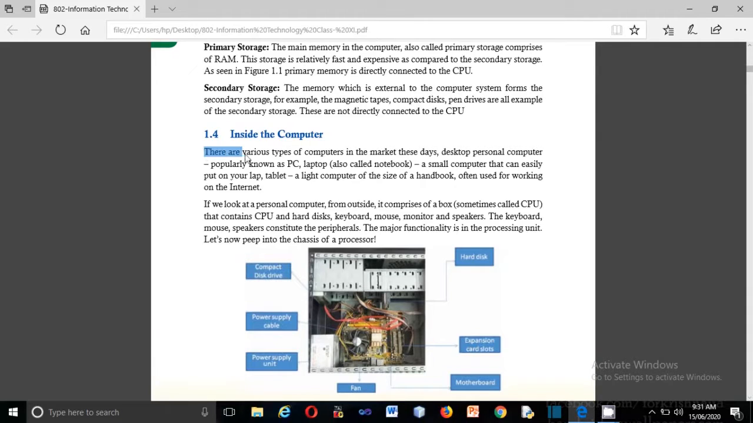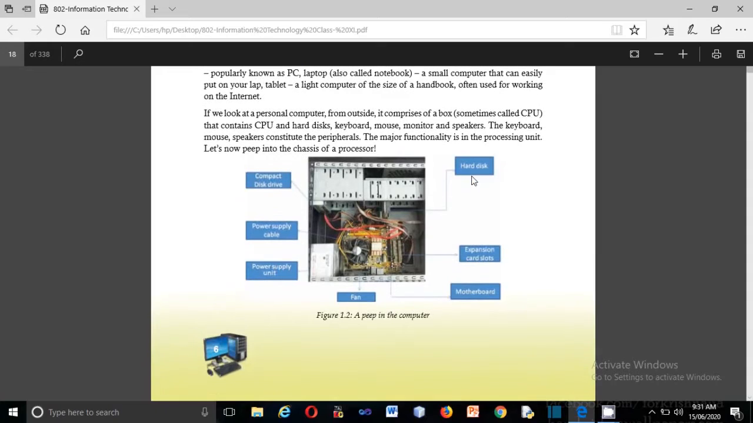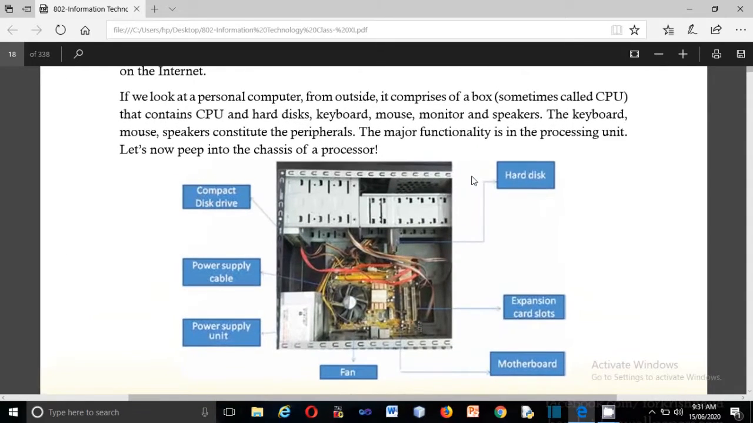There are various types of computer in the market these days. Desktop personal computer, popularly known as PC, and the laptops, also known as a notebook, a small computer that can be easily put on your lap, or the tablets, which are used like the mobiles nowadays, but have a huge wide screen, and a light computer of the size of a handbook, often used for working on the internet. So actually this is what the CPU looks like, and all the devices are together,